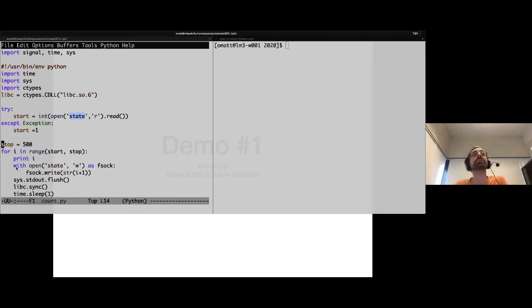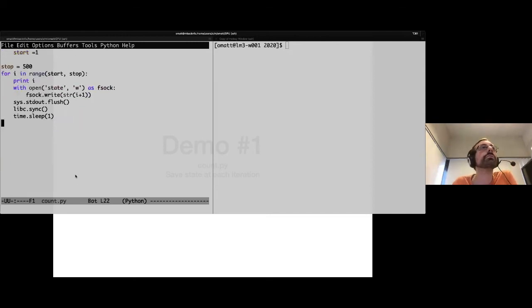And then after I've printed it, I'm writing into the file state again what the value is. And I'm putting i plus 1 so that everything is nice. It doesn't matter too much, obviously. And then again, I have those 2 lines, which are just to avoid buffering as much as possible, that you don't care too much about. And then I'm telling my code to sleep a bit, otherwise everything is printed too fast, obviously. And I'm basically counting seconds, so I'm printing a number, waiting for a second, then I'm printing the next number, and so on and so on.